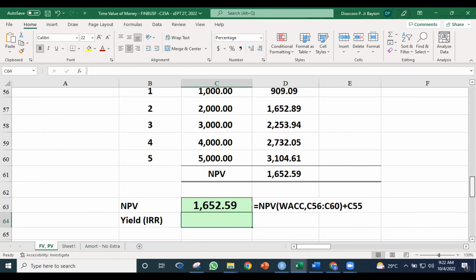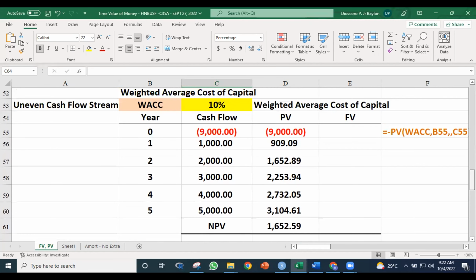Good morning once again. Today we're going to continue our discussion on time value of money. So let's just have a quick review of what we have discussed so far. So last time what we did was to compute for the